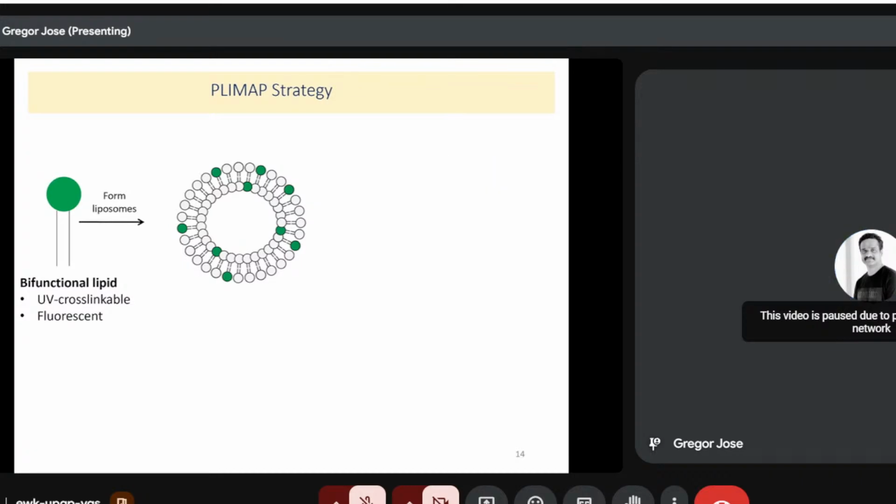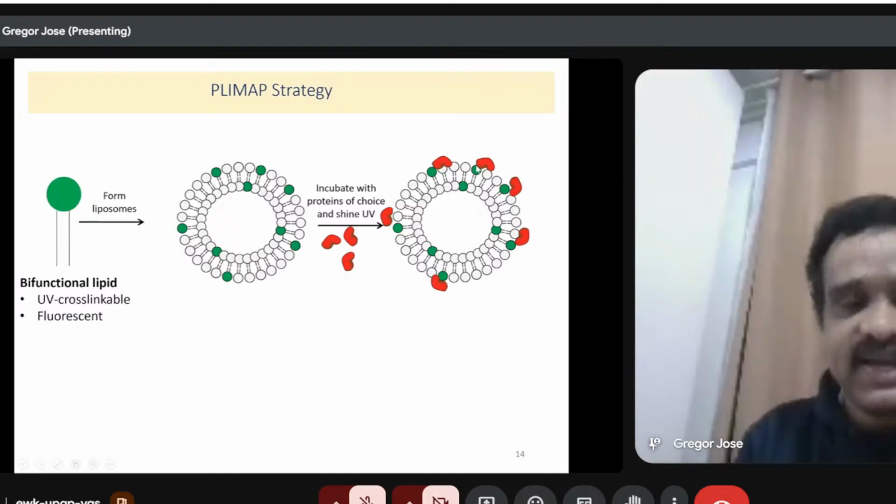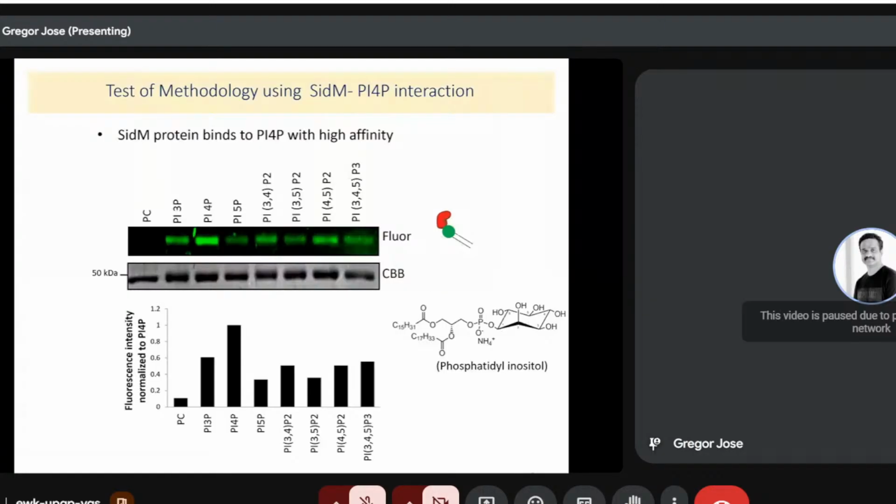And we thought that the lipid would interact with proteins, and if you shine UV, it will crosslink. So you take liposomes containing our BDP cross-linkable lipid. To test the methodology, we took a protein called sedum, which is present in a bacteria. You extract the protein,